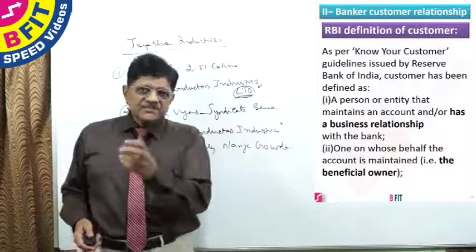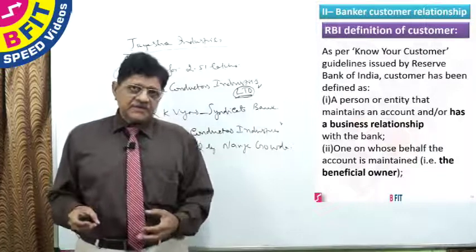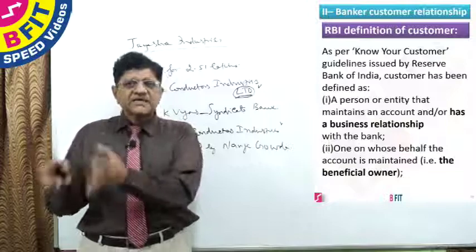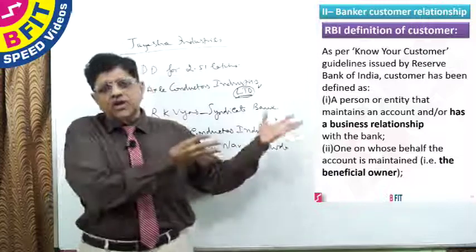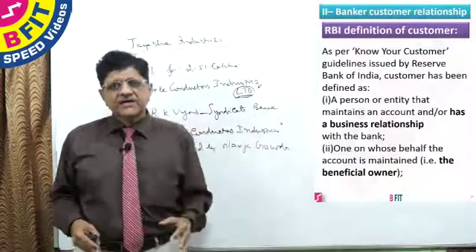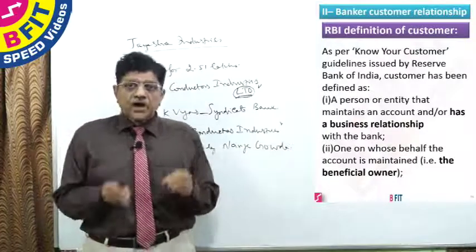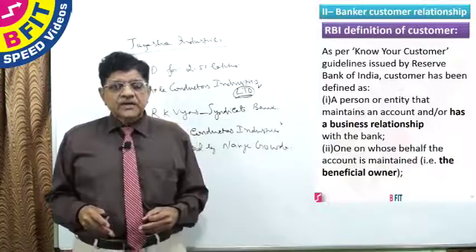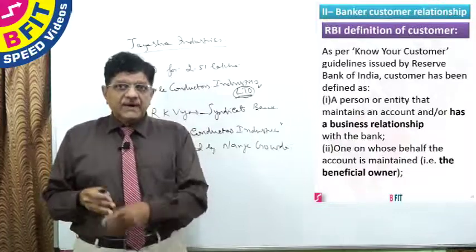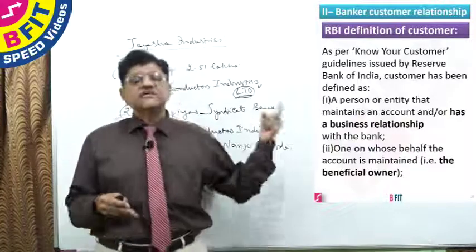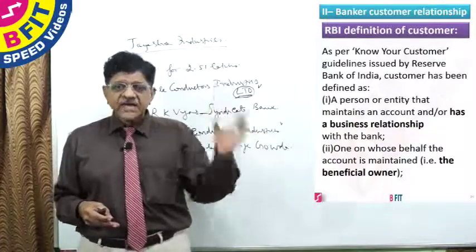So who is the customer in this case? On whom should the bank make basic verification? The bank should verify the trustees. Who are the trustees? A, B, C, D. These are the trustees who have opened the account on behalf of the autism affected or mentally retarded child. Now, according to this definition, not only these A, B, C who are the trustees are customers of the bank, but the beneficial owner of this account, namely the autism affected or the mentally retarded child,